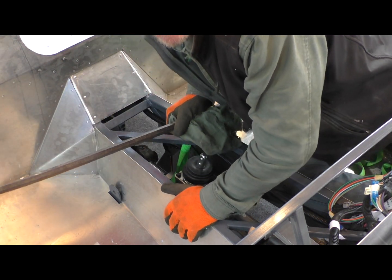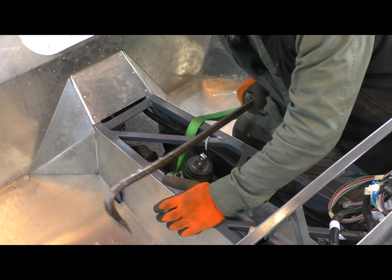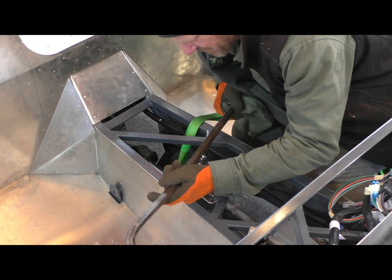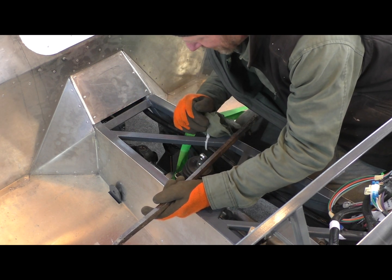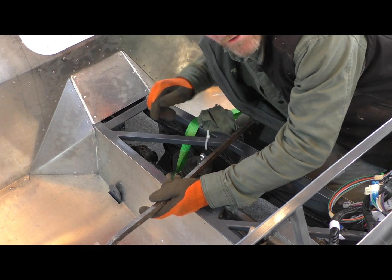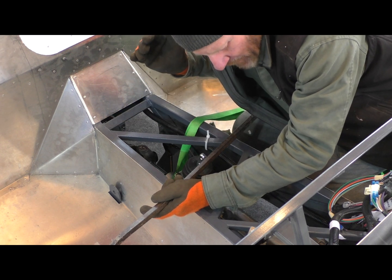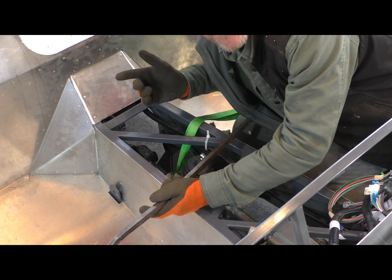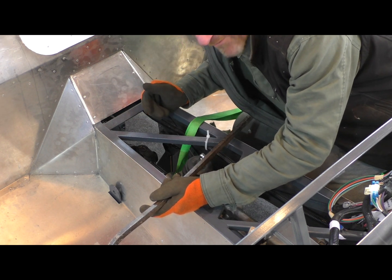Thank you, forum. Somebody had mentioned using a crowbar to get the transmission all the way over to one side. So if you're installing, well, in this case I have a T5 with independent rear suspension, you'll find that drive shaft, there just doesn't